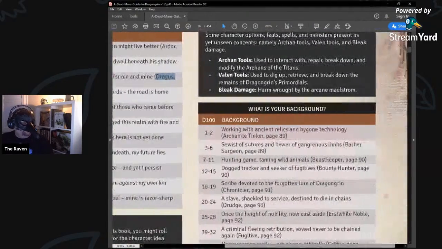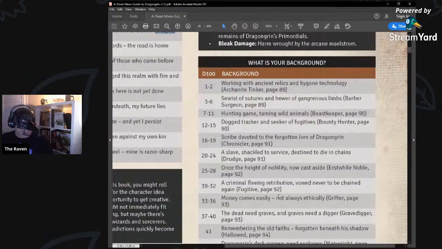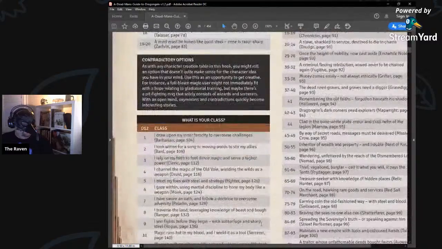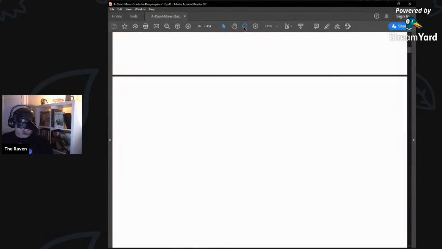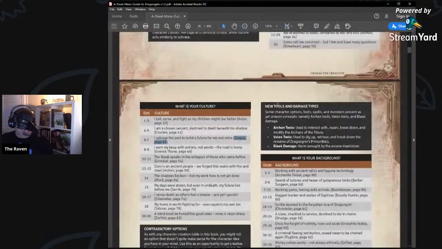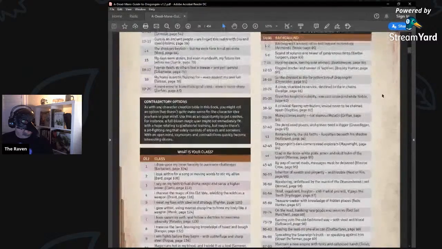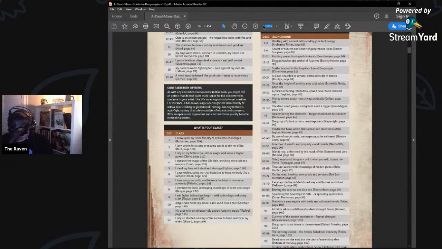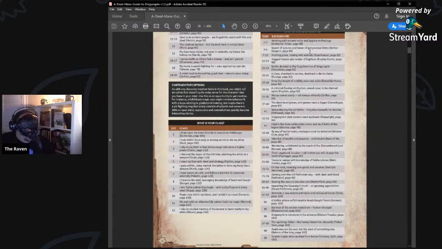And the next step is background. All right, so this one is a long one, D100. Let's go a little. Yeah, still can't get it. Oh, here we go. All right, so D100. All right, so